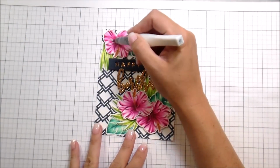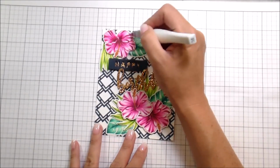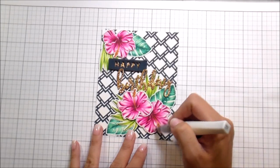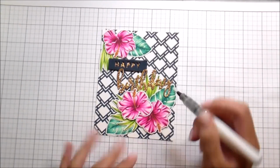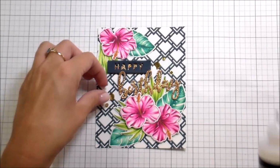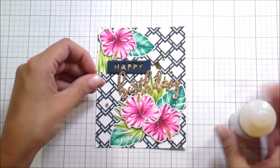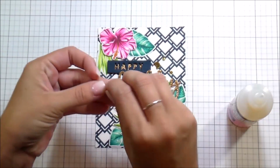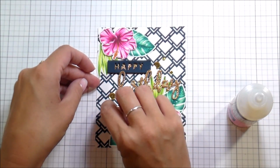I thought I was done at this point, and then I decided that I wanted to go back in and add some gold sequins. I just felt like I needed to fill in a little bit of that area, so I went ahead in,